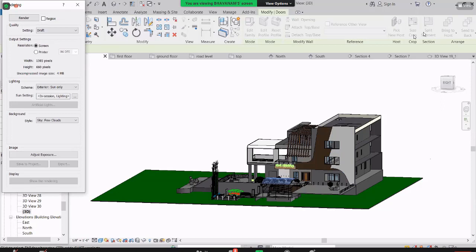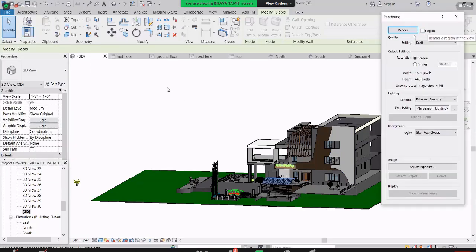Okay. So suppose you want to render only a particular region, this much of the place only. Just click on it, and here is a draft. So this will let you do the high rendering work. Suppose you want to make a small draft, so you don't want to take that much time, you can click on draft. If you want a somewhat better picture, then you can choose medium. And if you want the high rendering, you can choose this one, but it will take nearly, we can't expect, like 4 hours or so.